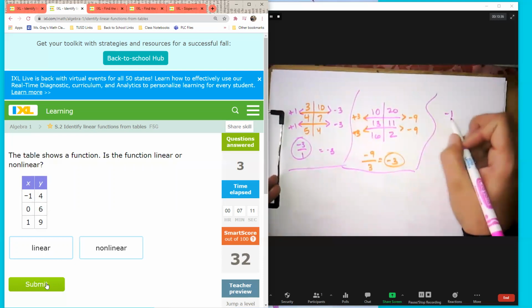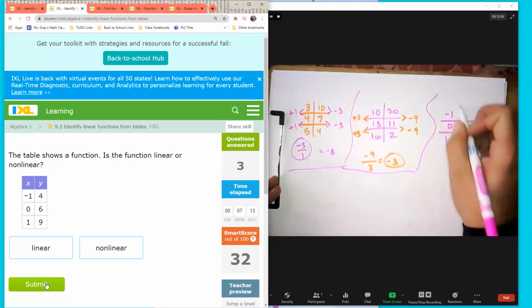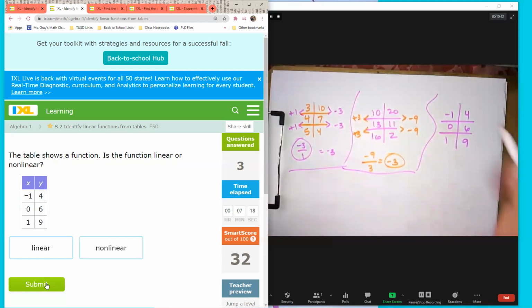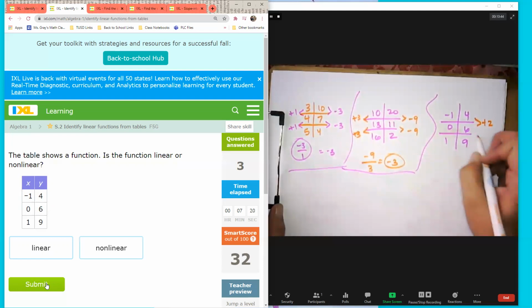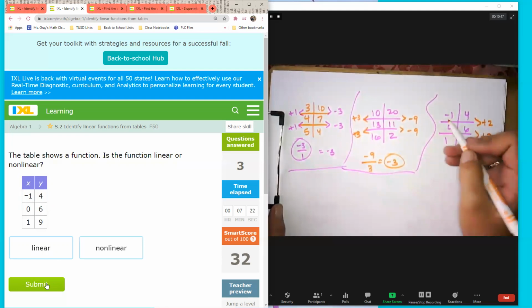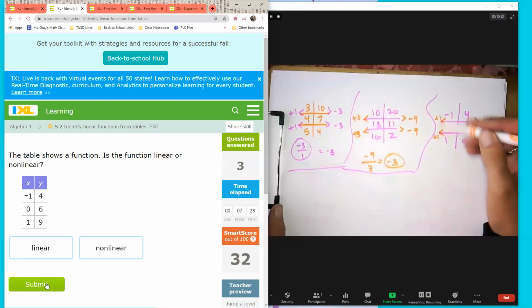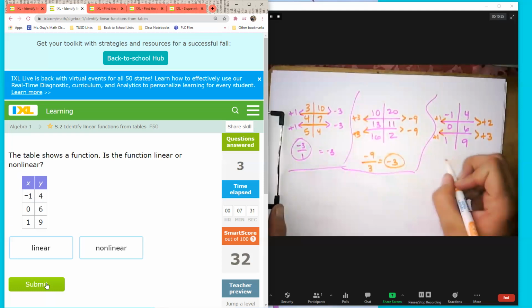All right, -1, 0, 1, and 4, 6, 9. That seems a little strange. So 4 to 6 is a +2, but then 6 to 9 is a +3. To get from -1 to 0, I have to add 1. But to get from 0 to 1, I also add 1. So really, since I know this is a pattern, but this is not, I'm going to end up with,